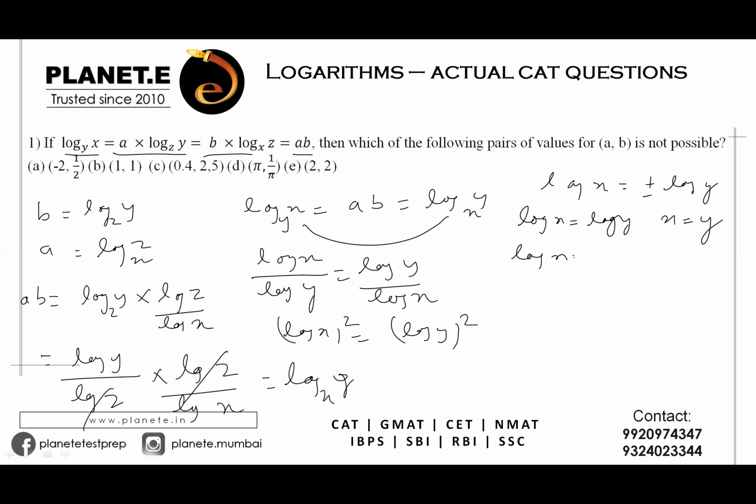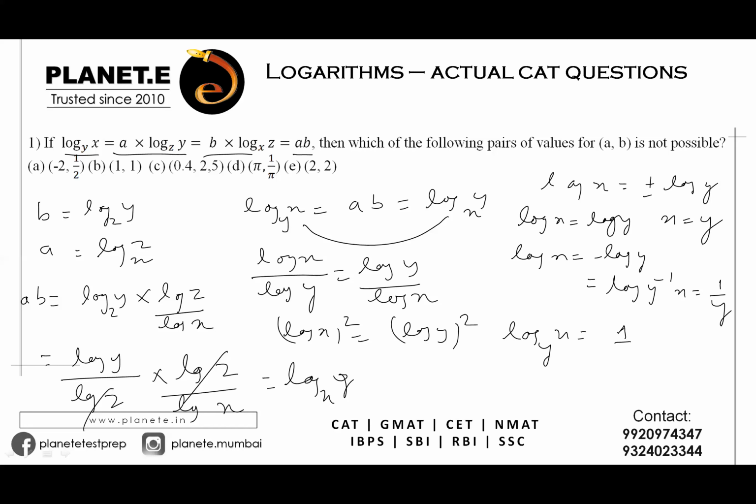or log of x equals minus log y, which I can write as log of y raised to power minus 1. So from here I can see x equals y inverse, or I can also write x equals 1 by y. Agree? Now I know what my AB is, right? AB is nothing but log x to the base y. So log x to the base y, if I write y as x, then I get plus 1. If I write y as 1 upon x, then I'll get minus 1.